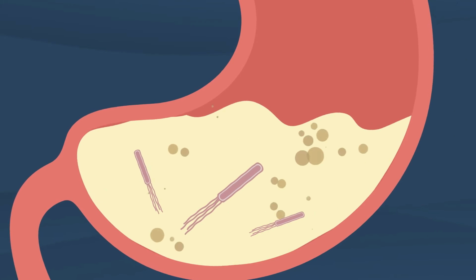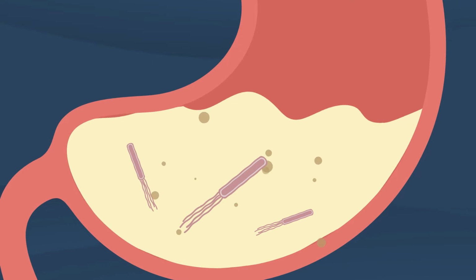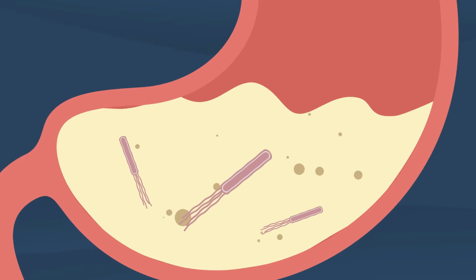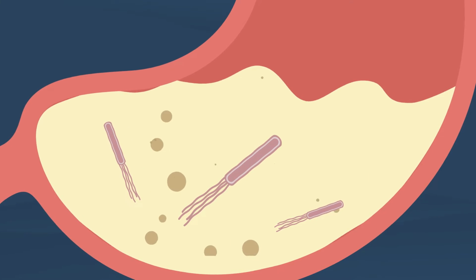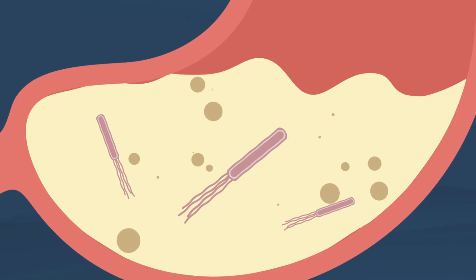So let's talk a little bit more about H. pylori and why it's problematic. H. pylori has chosen to live in the stomach. That is a very strange place to choose to live in the human body because it's the most hostile place in the human body. And that is, of course, due to our stomach acid. It has a very low pH. It's very acidic. And the whole point of acidic stomach acid is to digest our food and then to kill off organisms that we swallow, either via saliva.